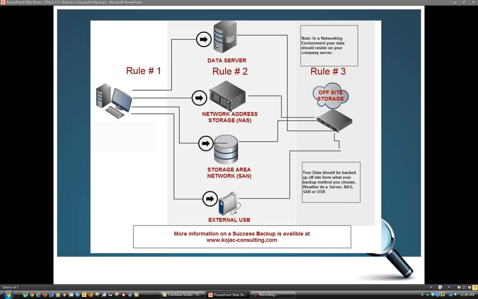The reason that you want to have rule number 3 is in the event that there is corruption or problems within your network, or you've lost your original computer, or you have a virus issue. Rule number 3 allows us to go to our off-site backup for data recovery. I've seen situations where hardware has been stolen from organizations and all their data is gone. So having rule number 3 would allow you to set a new network up and recover your data